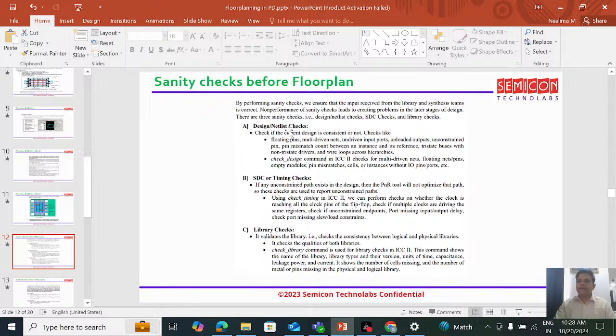Design or netlist checks. Check if the current design is consistent or not. Checks like floating pins, multi-driven pins, undriven input ports, unloaded outputs, unconstrained pin mismatch, count between an instance and its reference, tri-state buffers and non-tri-state drivers, and wire loops across hierarchies. So these are all things which need to be checked, and for this we have a mega command called check